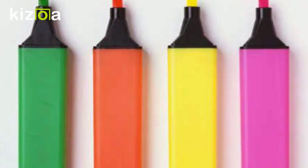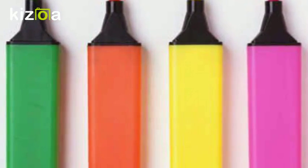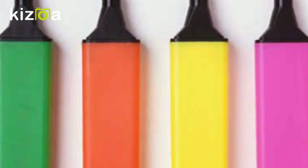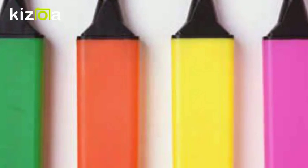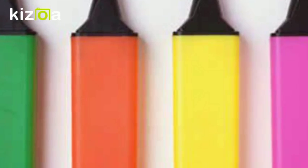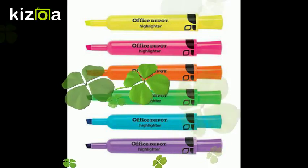Alright, and this final supply that I have on this list today goes along with your pens and pencils, and it is a highlighter. If you are taking notes in a notebook, or if you have a regular textbook that you're allowed to mark in, highlighters are really nice